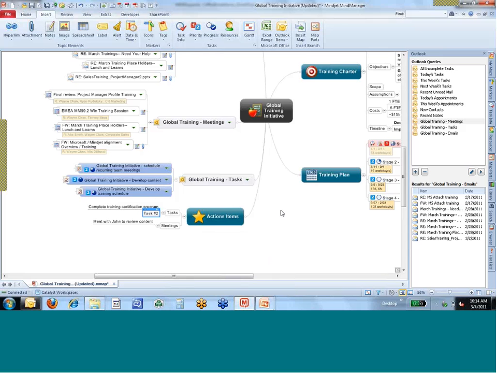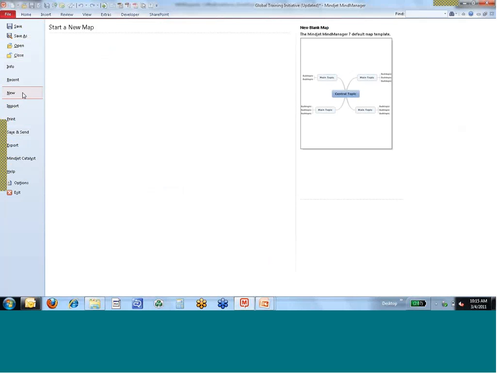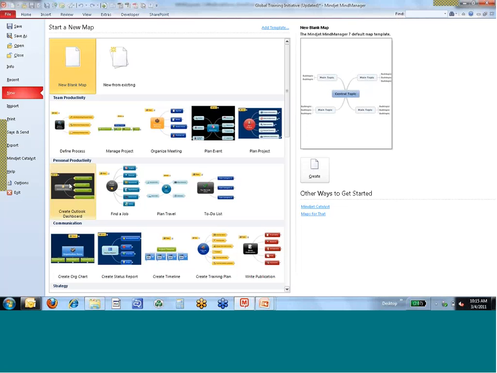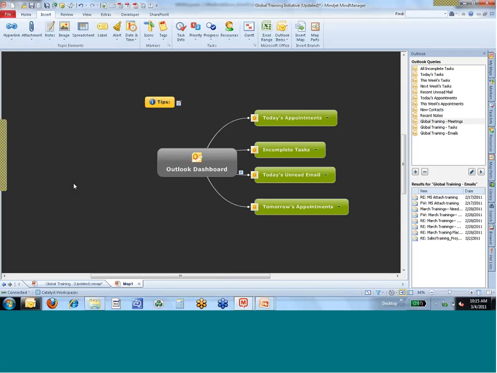We have about a minute left, and we have a question about calendar views. And we can have a separate dashboard specifically for Outlook. So, Wayne, if you wouldn't mind, maybe we can take a look at that template over there on the File tab and maybe show folks the Outlook dashboard. This is a great way, under the heading of new for the templates, especially if you're getting used to Mind Manager, if you're a trial user or perhaps if you just purchased the product and your team is getting used to it, you can literally come into